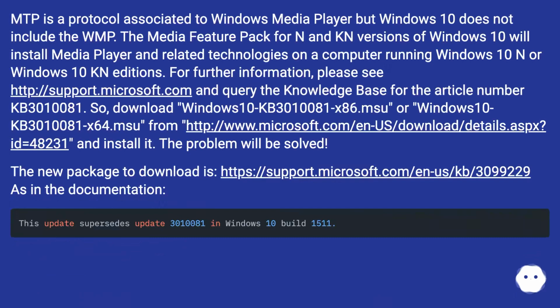MTP is a protocol associated to Windows Media Player, but Windows 10 does not include the WMP. The Media Feature Pack for N and KN versions of Windows 10 will install Media Player and related technologies on a computer running Windows 10 N or Windows 10 NOTS editions. For further information, please see this URL and query the knowledge base for the article number